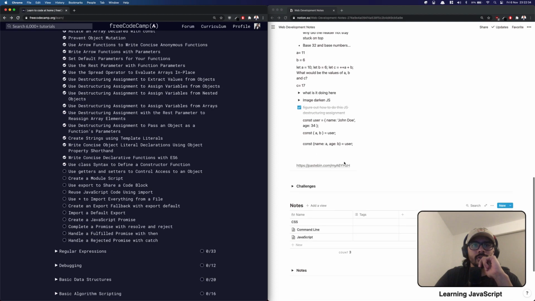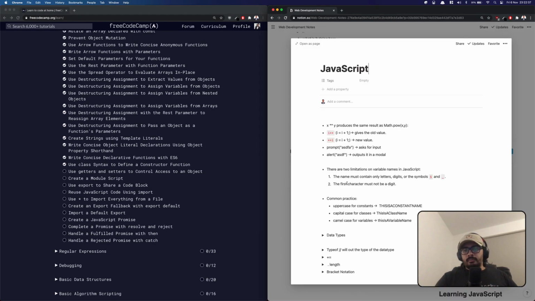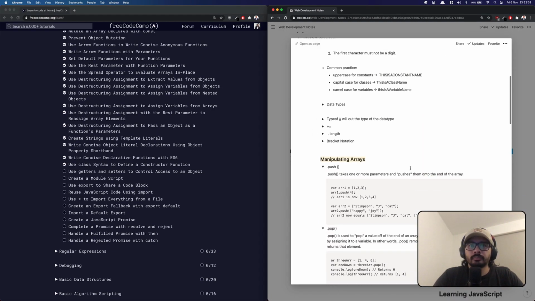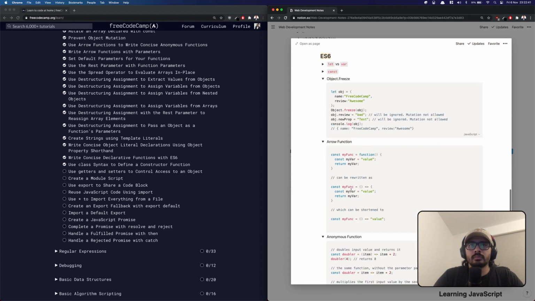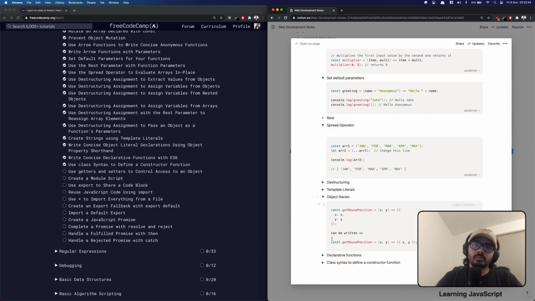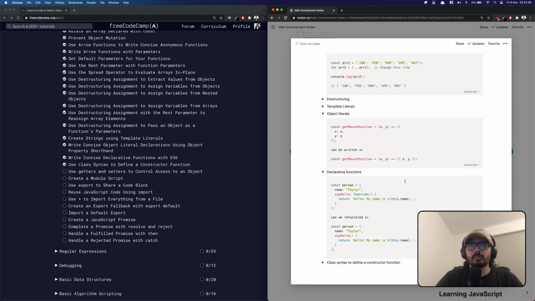Concise declarative functions. Okay, what was that? Right, so you can just remove the word function, just say hello with the parameters, and return. Basically get rid of the name function and this thing right here. Okay,